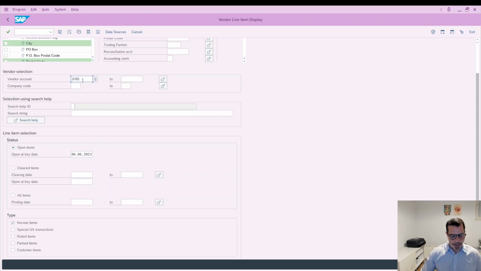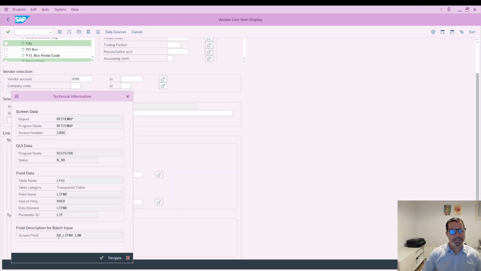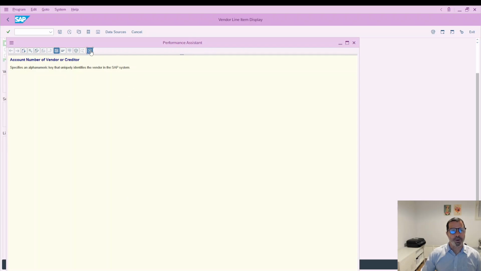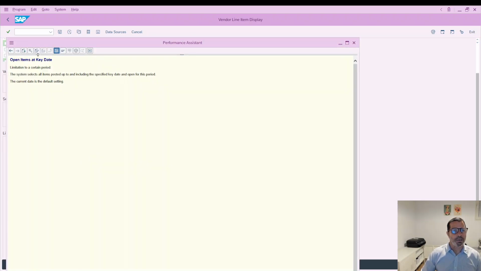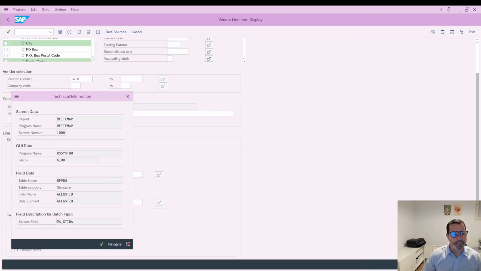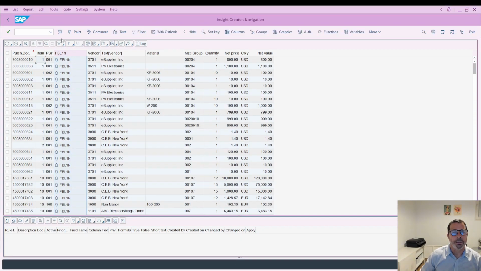By the way, by pressing F1 on a field and the technical information, we can see what is the name of this field in that report, KD_LIFNR. And if I press F1 on the open date, open key date, I'll find that this field is called PASTIDA. So let us go back to our report in columns,